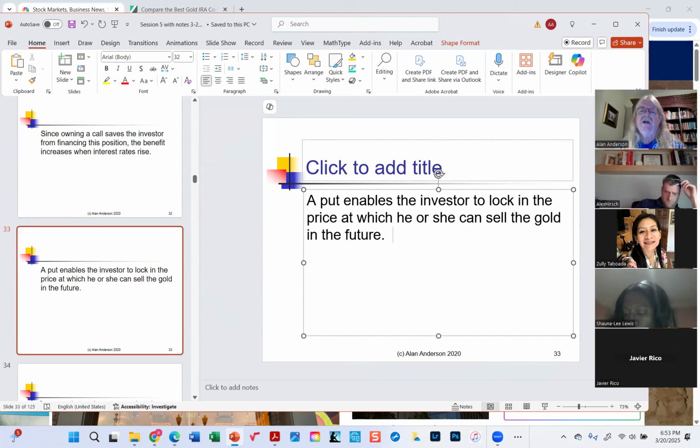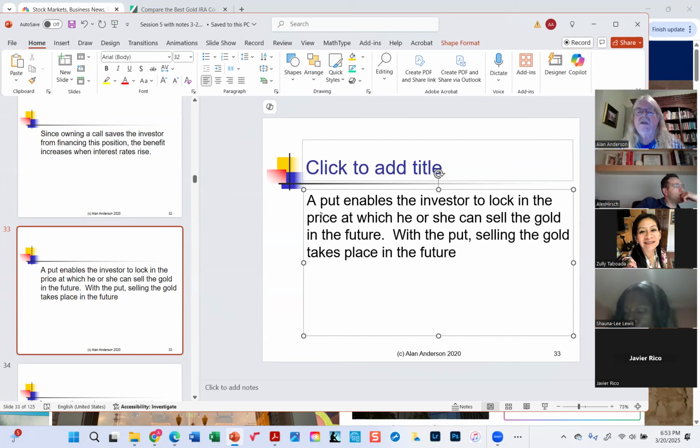So now here's the thing though. With the put, selling the gold takes place in the future. And, well, I guess you could actually exercise early if it's an American option, then that makes it a little easier. But selling the gold takes place in the future,